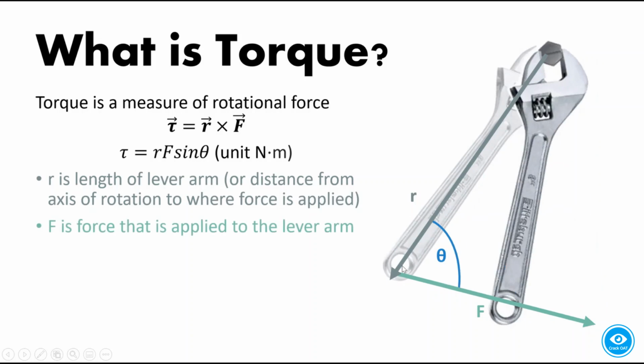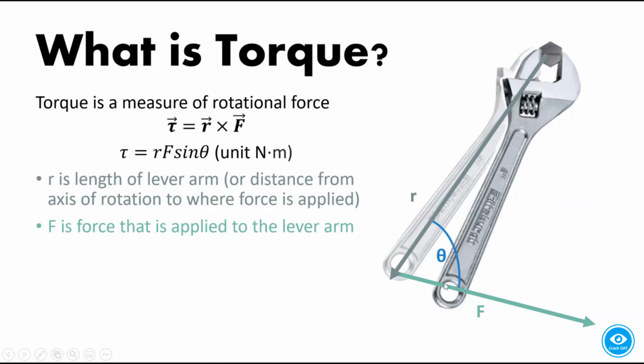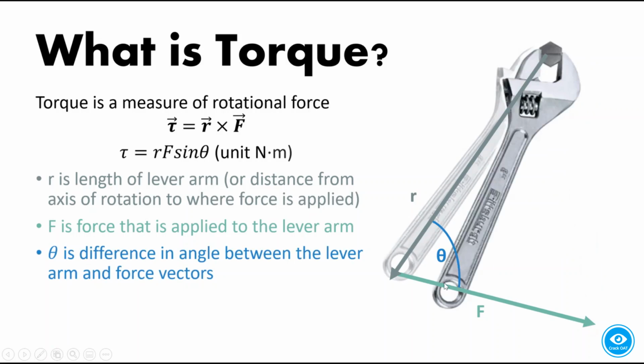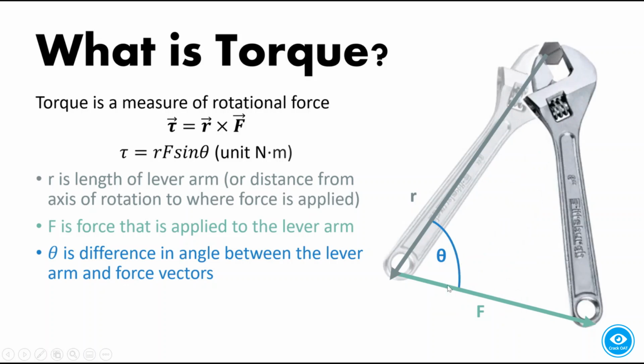And then force is the force that we apply to the lever arm. And then theta is the angular difference between the vectors R and F. So that would be this angle right here. So that's why when we